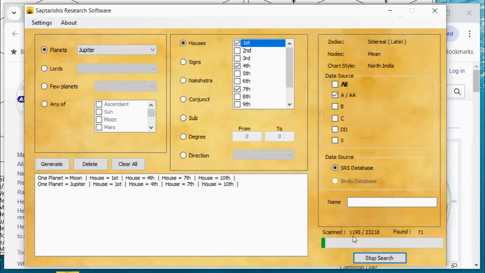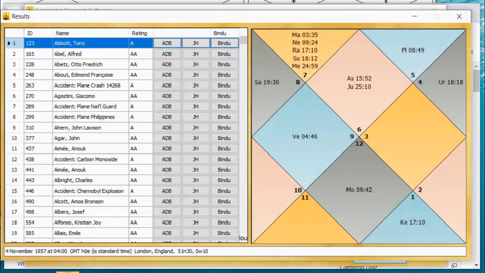Keep an eye on this rolling number here, and when you get around 2,300, ding, look over across there, and I saw I had 155 accumulated already. That's after going through just 1/10 of the database. It means if I have 155, at that point, I'm going to end up with 1,500 horoscopes to look through. Stop it. I don't want to see that many. So I'm going to stop my search right there.